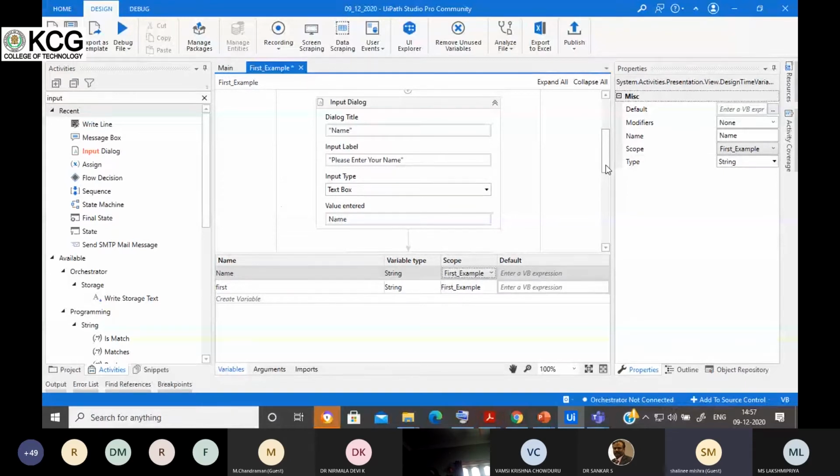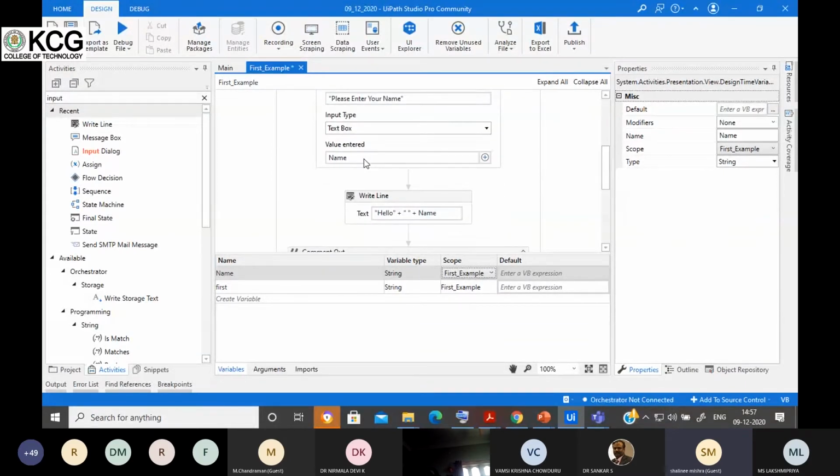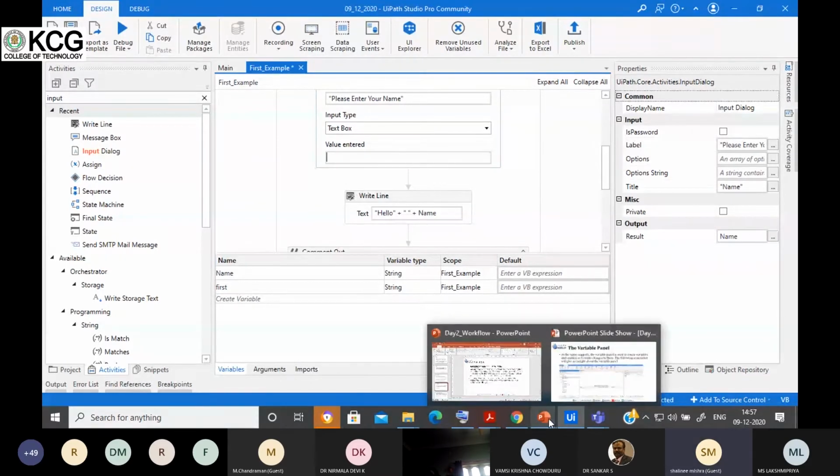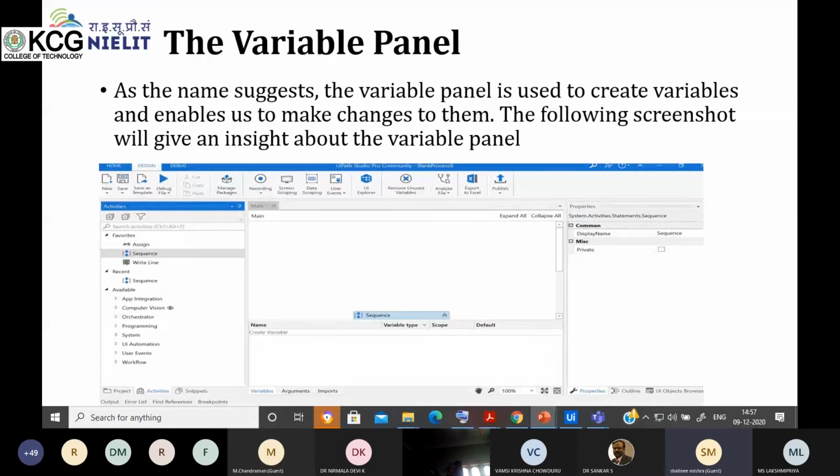Okay, and one more thing: if you want to create the variable directly in the field, instead of right clicking you can press Control plus K on your keyboard, so you will get this Set Variable. Now you can write the name of the variable which you want to use. So here we created the variable.